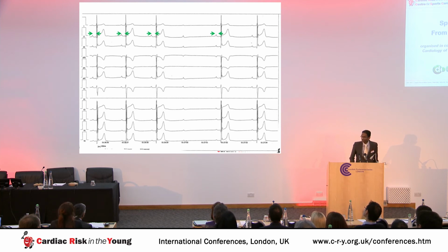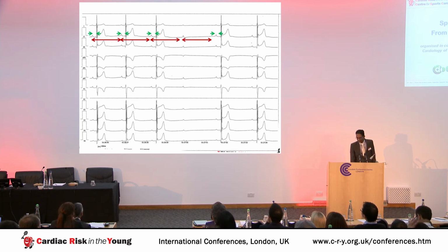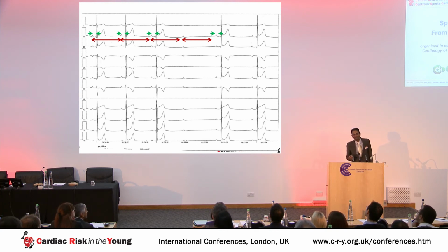However, more interestingly, from a diagnostic point of view, and something that's important to look at, is actually the PP interval in this case. Each of these red lines is, again, of equal distance, and you'll see that the PP interval, as you approach the period of AV block, lengthens, and it shortens again as conduction returns. And this is important. This particular phenomenon is often described as pseudo-Mobitz 2 block.